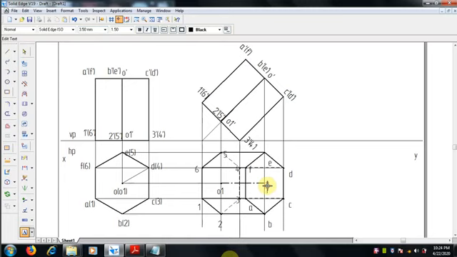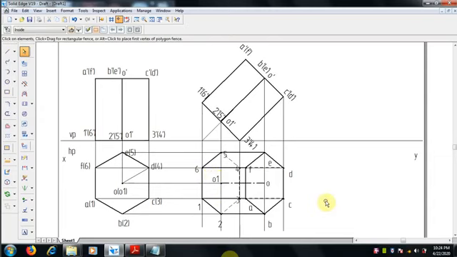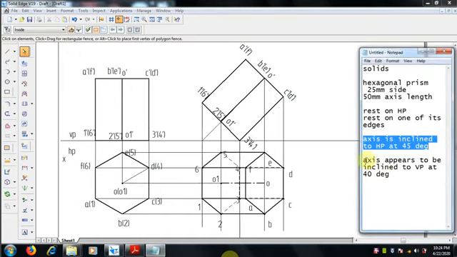So make O here, make O. This is O and this is O1. Okay, now the top view is over.